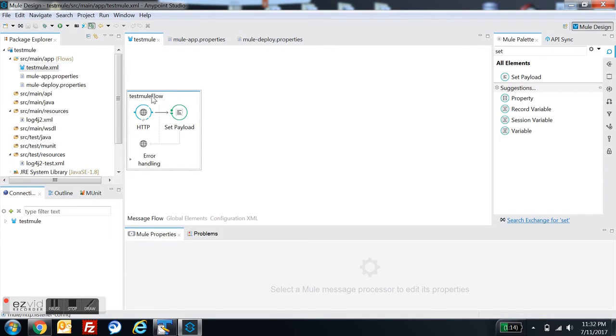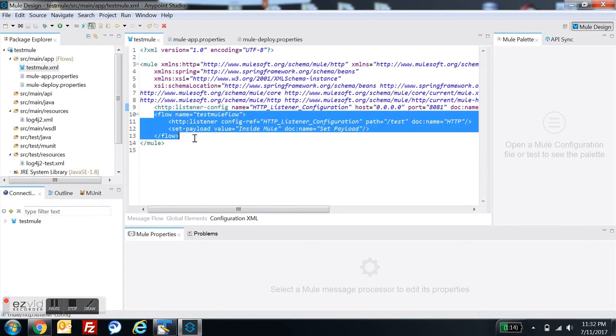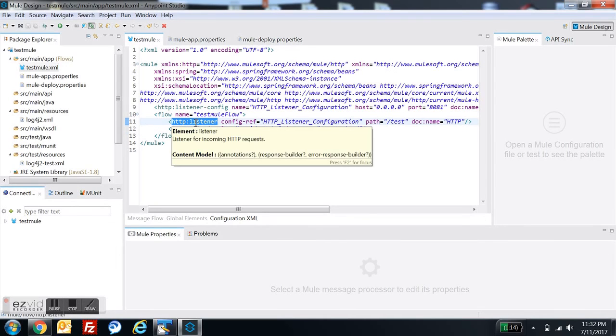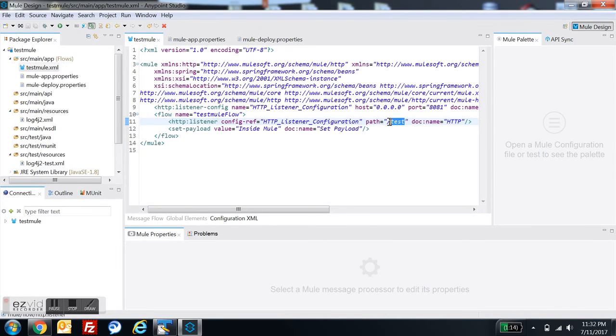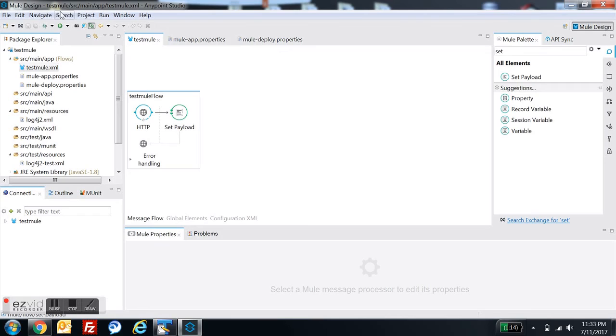So this test mule flow has all these, and the global elements whichever are there will come in above the flow parameter. So this is the listener which we have kept for /test, and then the set payload. It's pretty simple. This is the global elements, this is the message flow. So this is a very simple example in the